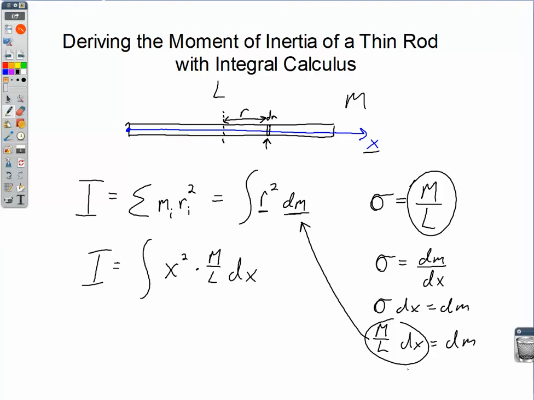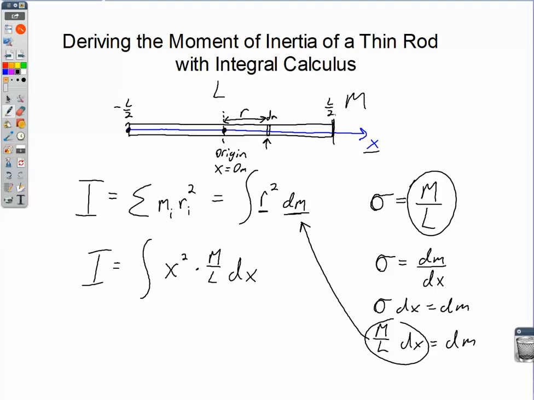Okay, so now the final heartache is going to be the limits of integration for our integral. And that's where my blue x-axis here is going to come into play. So I am going to make the origin, actually, of my x-axis the axis of rotation. Okay, so this is x equals 0 in my scheme of things. So then that makes this end over here negative L over 2 in terms of my x, and then this end over here is going to be positive L over 2 away